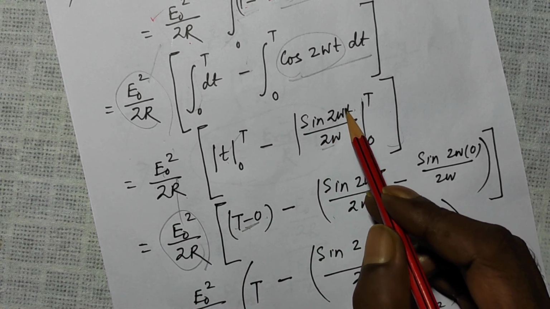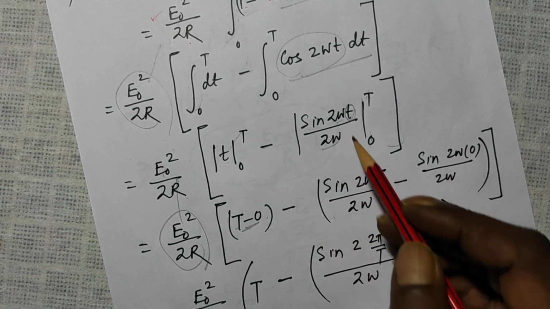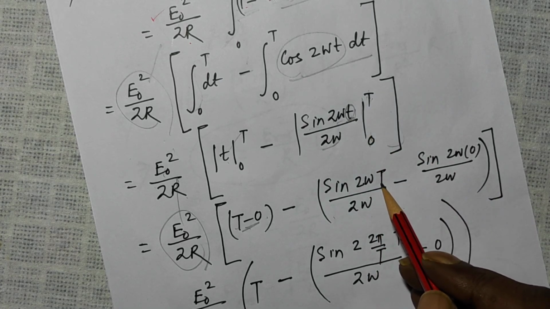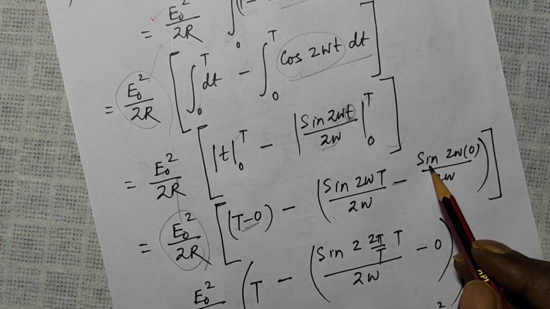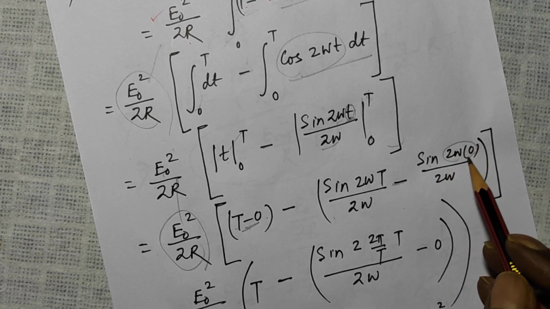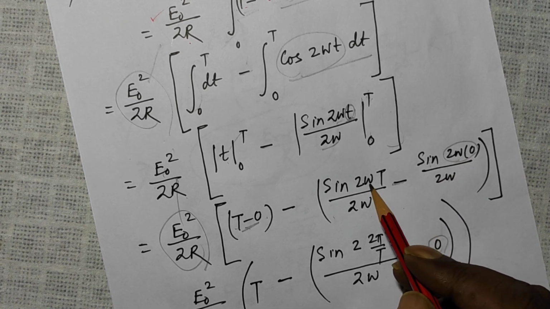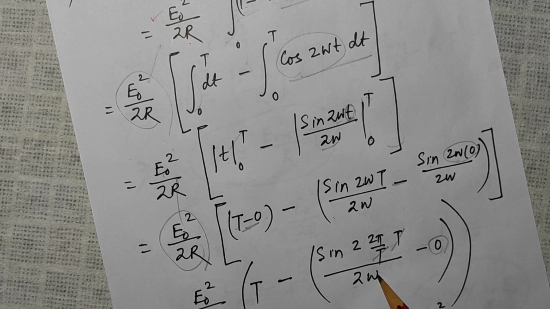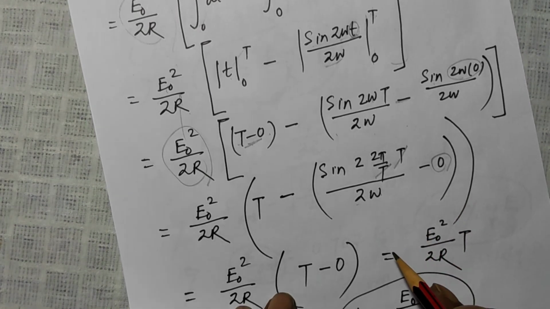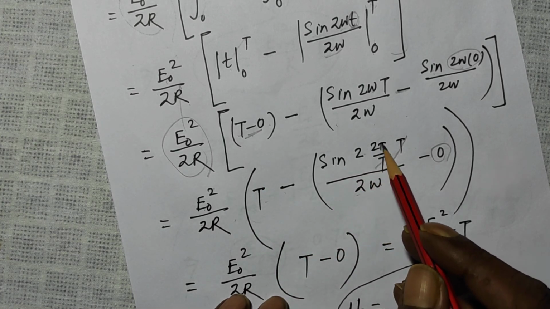For this, the variable here is small t, look at the limit, omega is constant. So for small t I put capital T, and for small t I put 0. So this part becomes 0, sine 0 is 0, 0 by something is equal to 0. So here for omega I put 2 pi by T. Now T cancels, so this becomes 4 pi by 2 omega. Now, so E naught square over 2R, capital T minus sine 4 pi